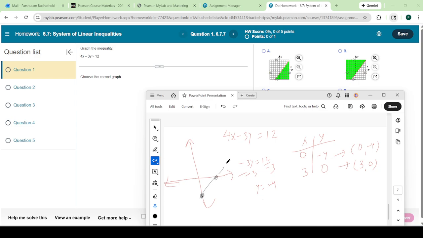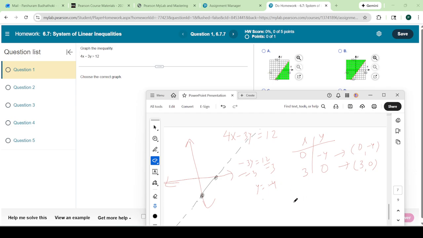Because there is no equality sign, just use the dash line. And now this line is dividing the plane into 2 different parts. You need to find out which one is the right solution. To do that, I always pick this 0, 0 as a testing point. I put this 0, 0 in the